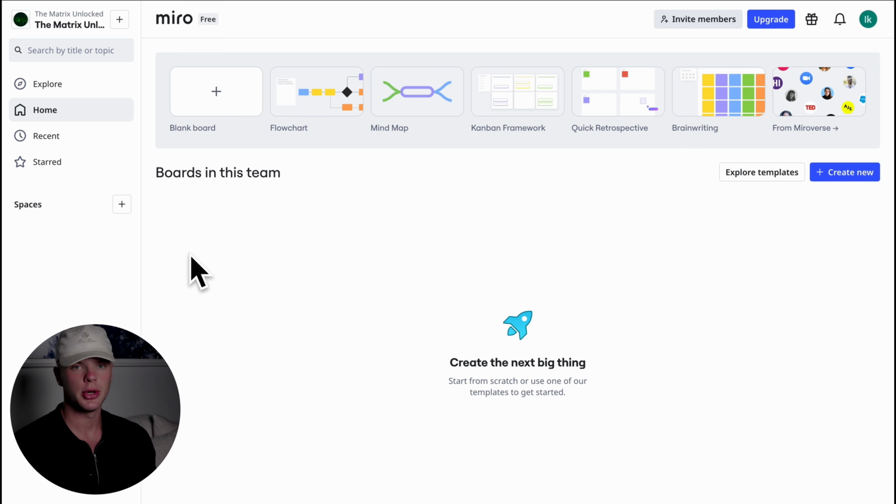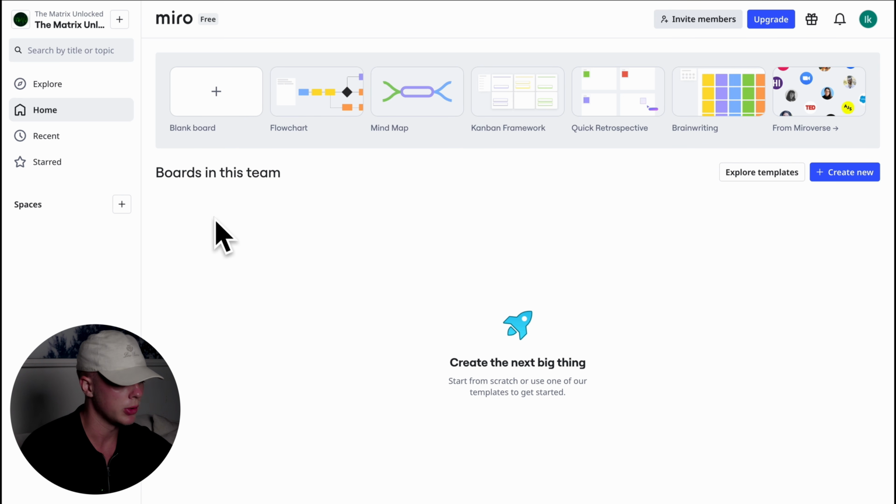I'm now going to show you exactly how you can create your own trading model using Miro. Here we are on Miro, and just like TradingView, I'm not being sponsored to show this platform to you, but I'm a big fan of Miro, and I believe that it's the best platform to create your own trading model in. What we can do on Miro is create our own whiteboards, and I'm going to show you exactly how to do so, so that you can lay the foundation for your own trading model.